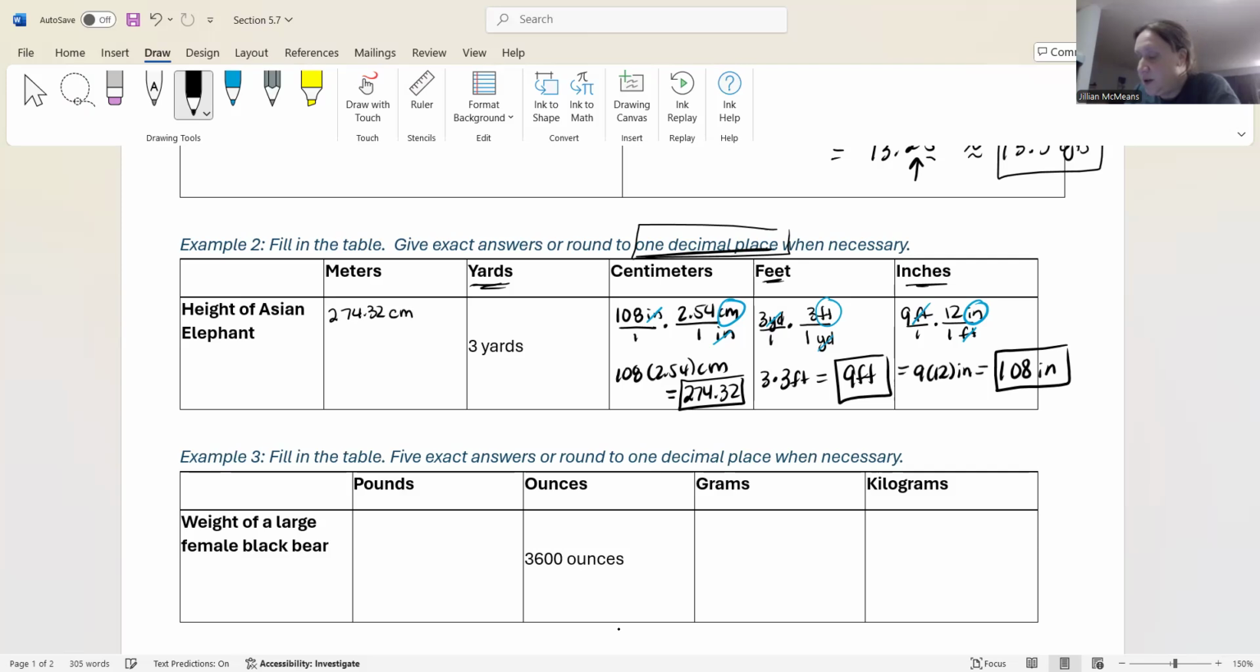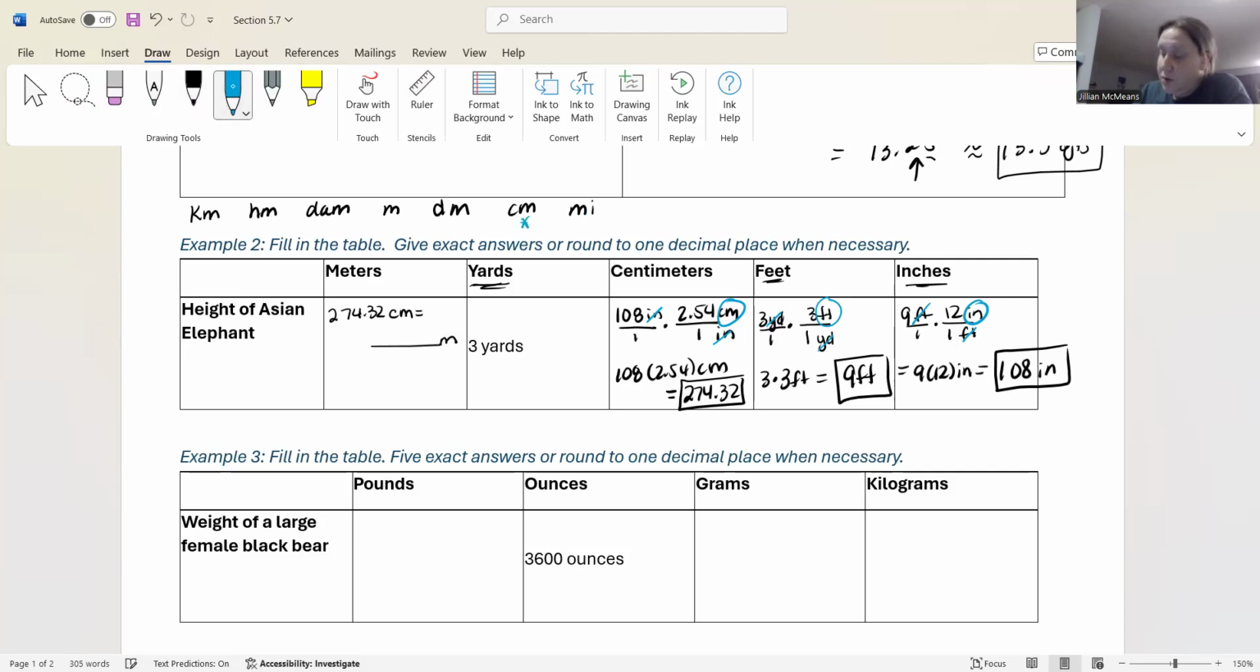274.32 centimeters that we need to convert to meters. So let's remind ourselves of the metric system. I'm going to write out the metric system up here. We have kilo, hecto, deca, a basic unit, which is just a meter here. We have deci, centi, and milli. So we're starting with centi, and we need to go to just the basic unit. So that tells me I need to move my decimal to the left twice. So my decimal is here. I need to move it to the left twice, which tells me I get